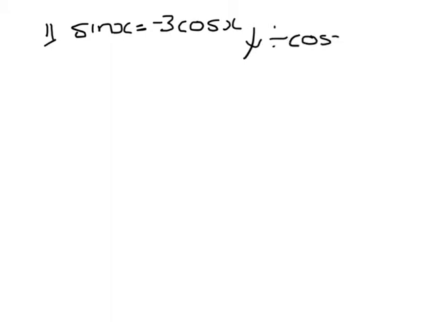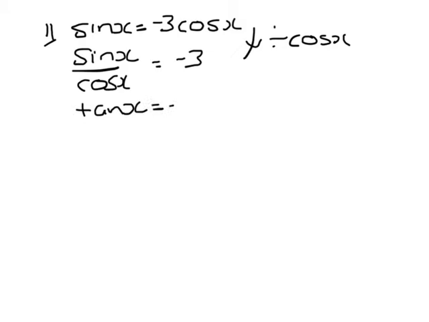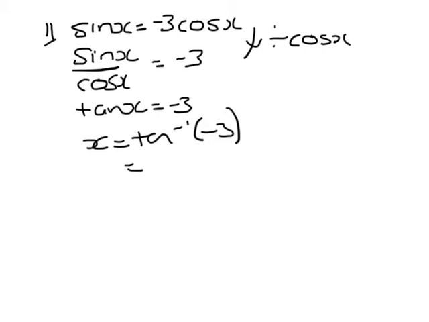Part 2, I have that sine x equals minus 3 cos x. I'm going to divide by cos x. So I have that sine x over cos x equals minus 3. Tan x equals minus 3. So x is the inverse tan of minus 3, which from my calculator is minus